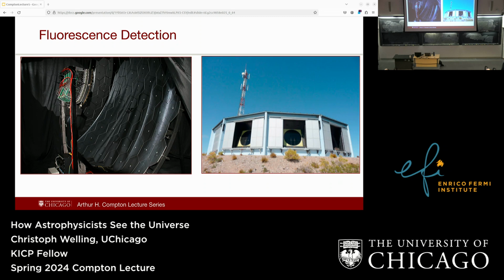So if there is a particle shower in the air, it will emit light. These mirrors are going to reflect it into these photomultipliers, and from the light you can figure out what the shower looks like. The problem is that this light is really, really faint, so you can only do this on really, really dark nights. If you turned this on even with just a full moon, you would break your detector. These photomultipliers would basically explode. Probably not explode, but definitely break.